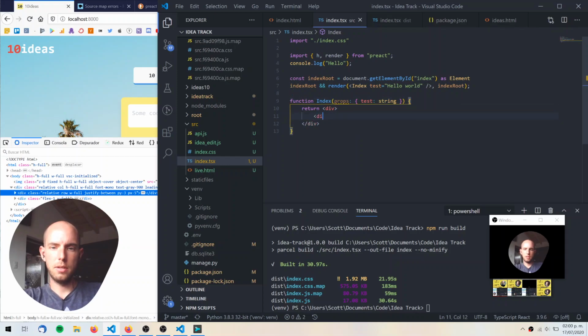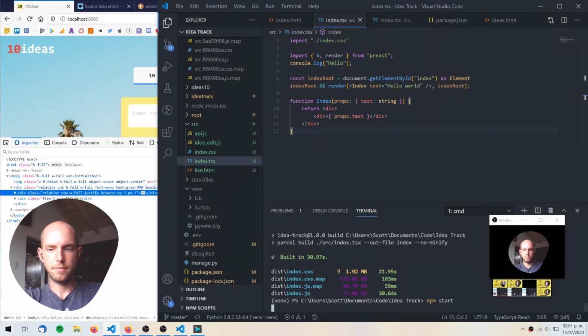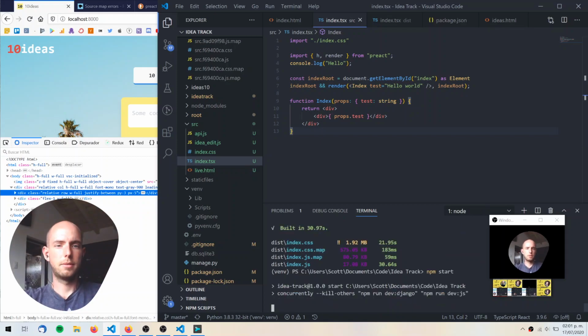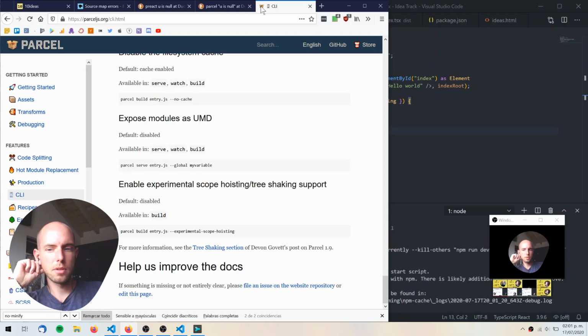And then we can just say div props.test. Okay, whatever. Maybe that should fix it. So if we do npm start again, I wonder if we can set up Parcel to